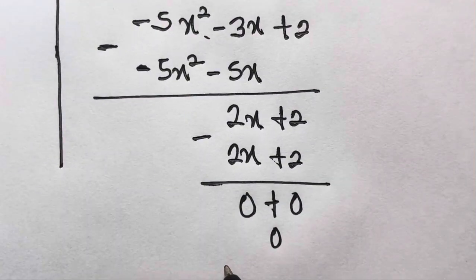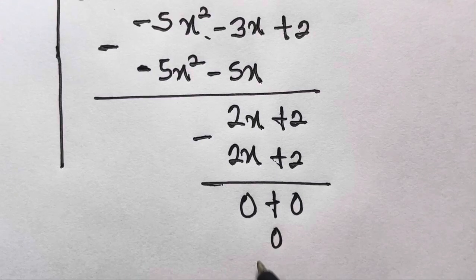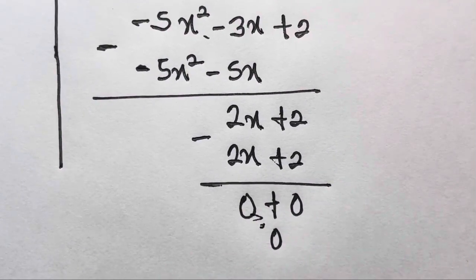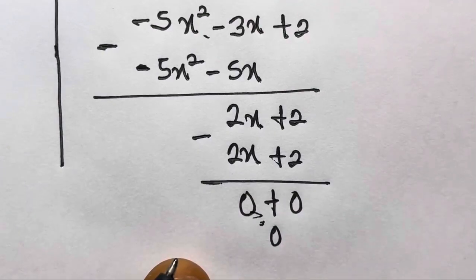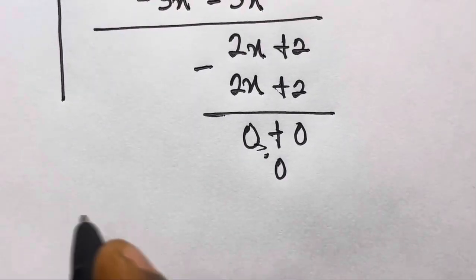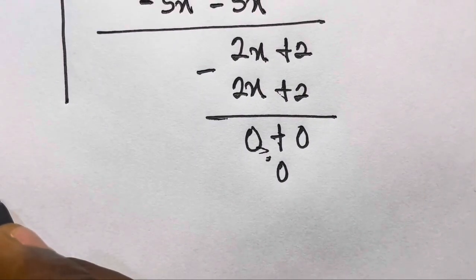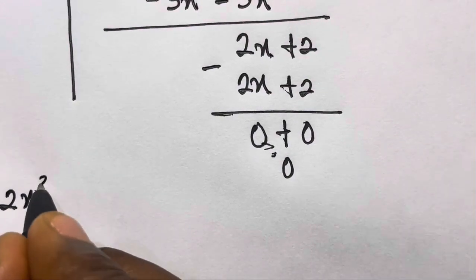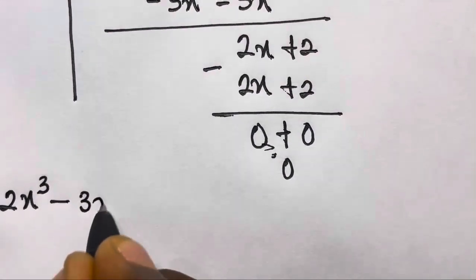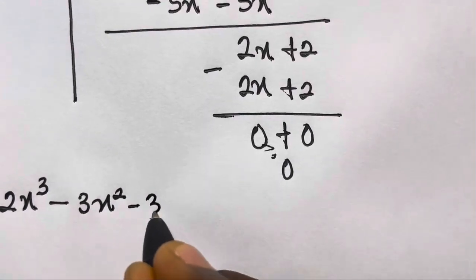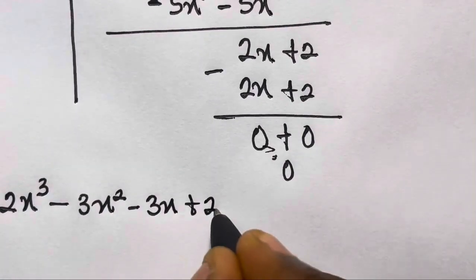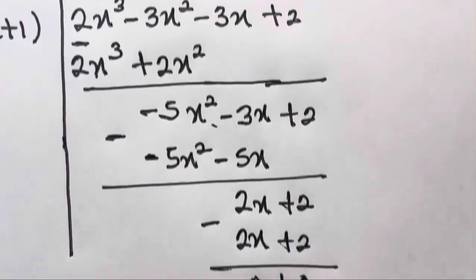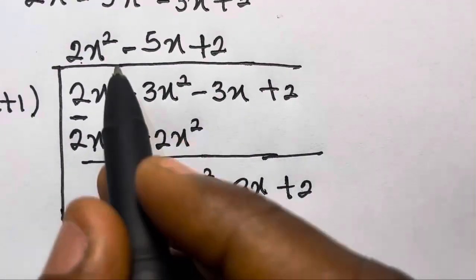Like I said, we need to perform the division operation to this point, where we will have 0 remainder. So therefore, we have 2x cubed minus 3x squared minus 3x plus 2 equals, so we will now have the product of this and